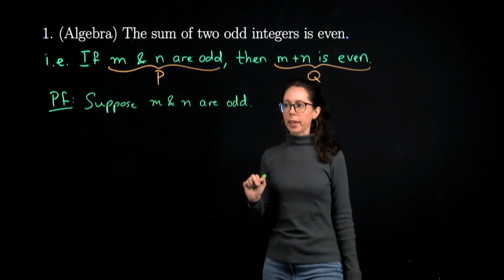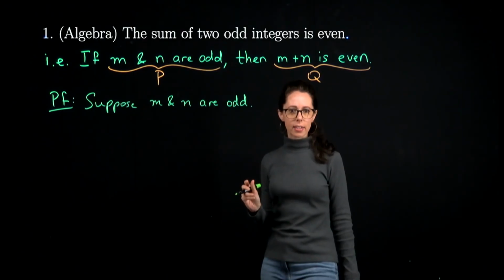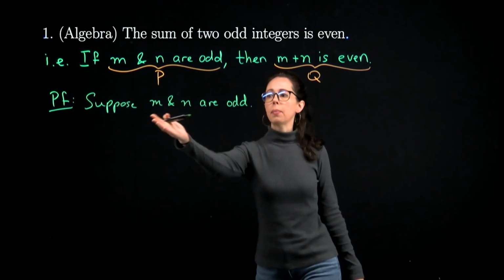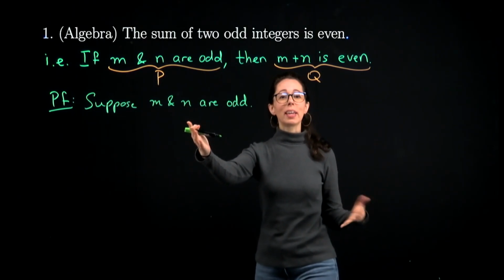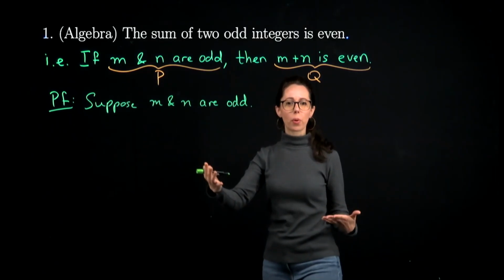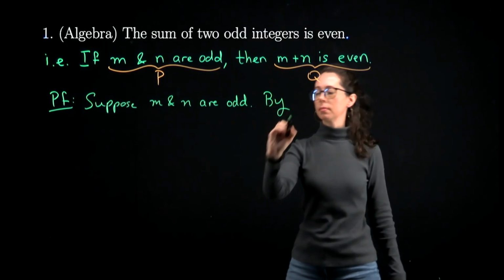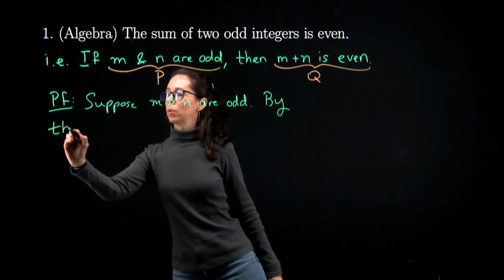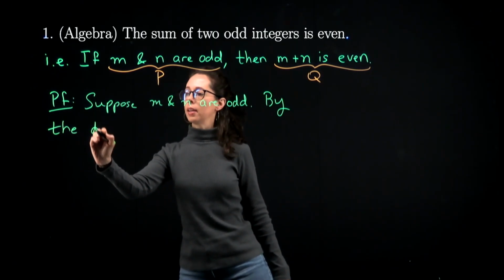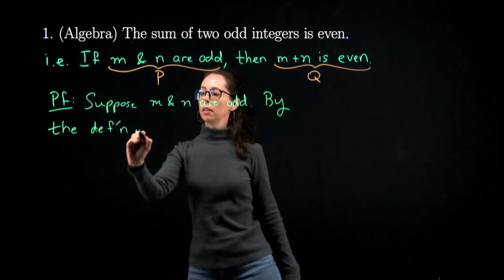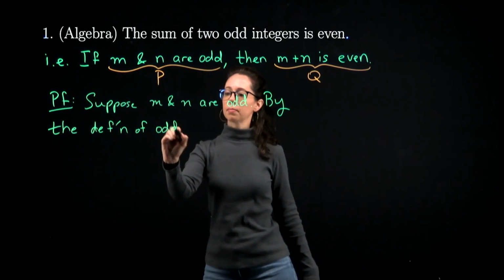Now I'm going to bring in that decomposition we just had. The fact that M and N can be written a certain way is the definition of an odd integer, so I'm going to mention that this comes from a definition. By definition, or to be more specific, by the definition of odd integers,